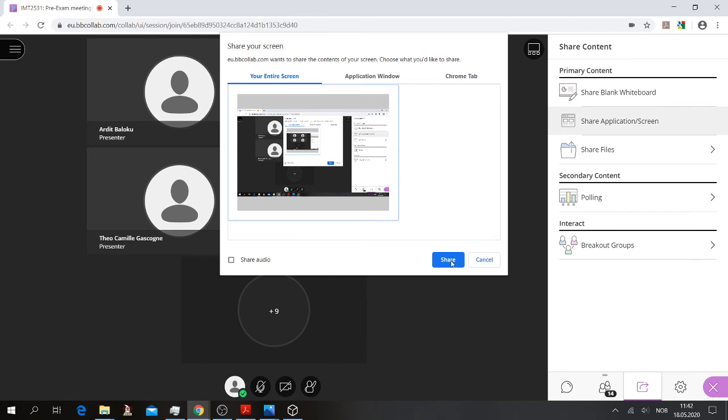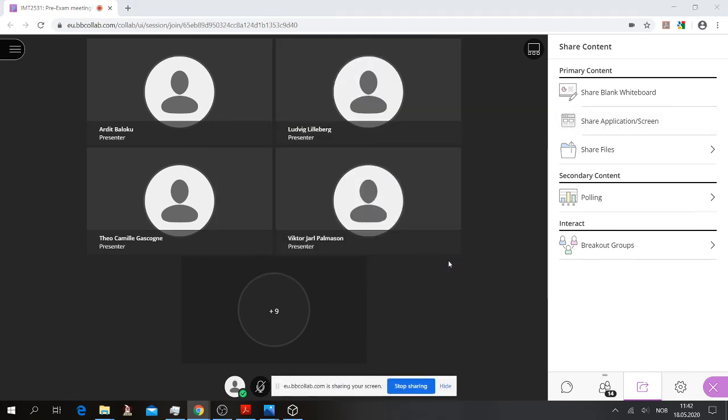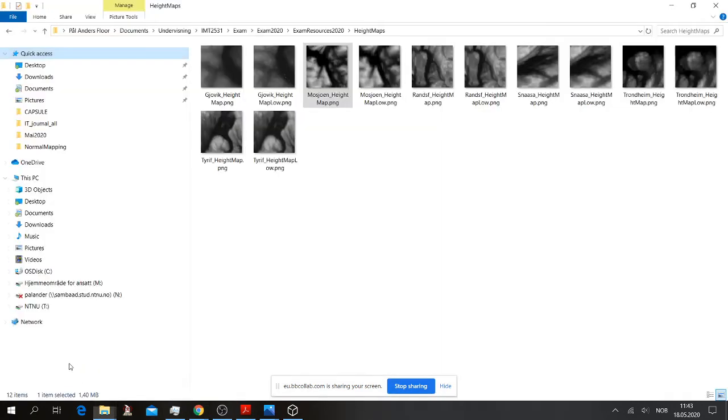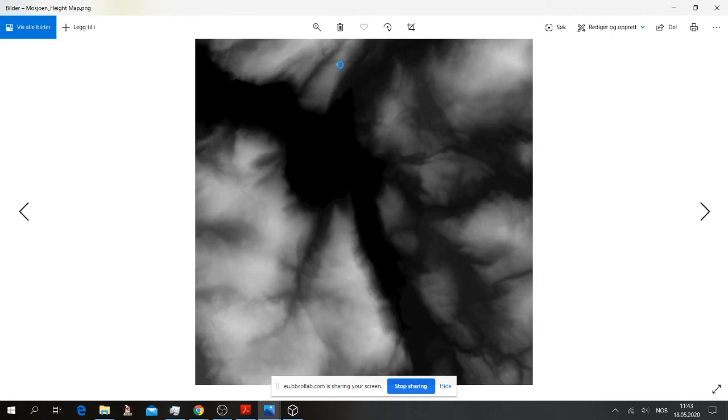So let me show you. If I pick this one, for example. Now you have pixels, a pixel grid, which will correspond to X, Y in this image, but in the terrain you will let them correspond to XZ, for example.